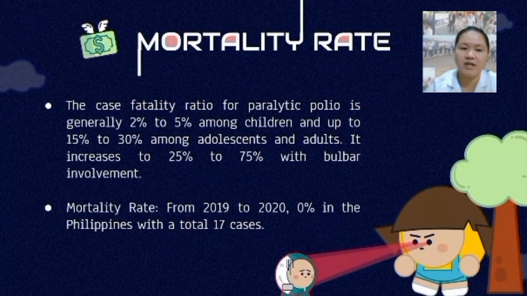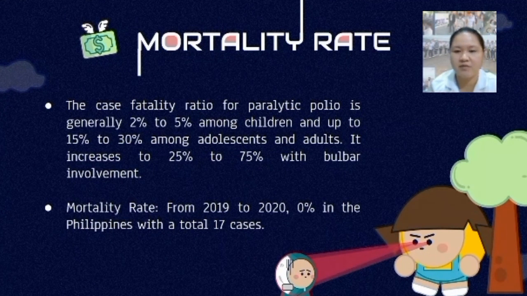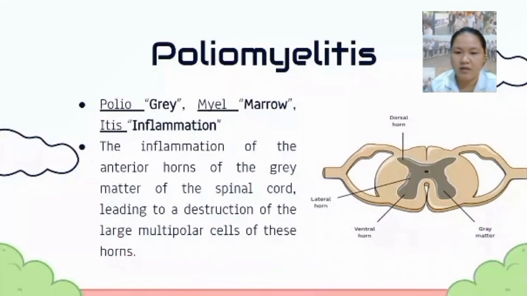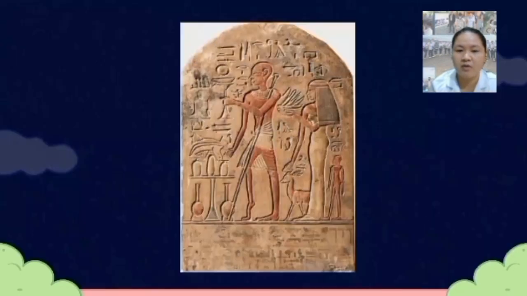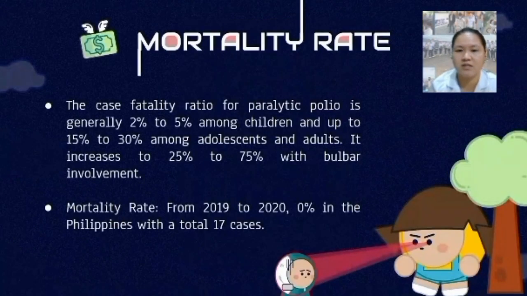So, mas mo-increase ang cases or mulala ang case if naay bulbar kanang involvement, like apil ang medulla oblongata, since ang kaning poliomyelitis kay ang na-involve ani, di ba, like sa previous nga slide, it talks about the spinal cord, like ang bone marrow sa ato ang spinal cord. So kung maapil ang medulla oblongata, mas taas yun siya ang cases, like may increase siya to 25 to 75%